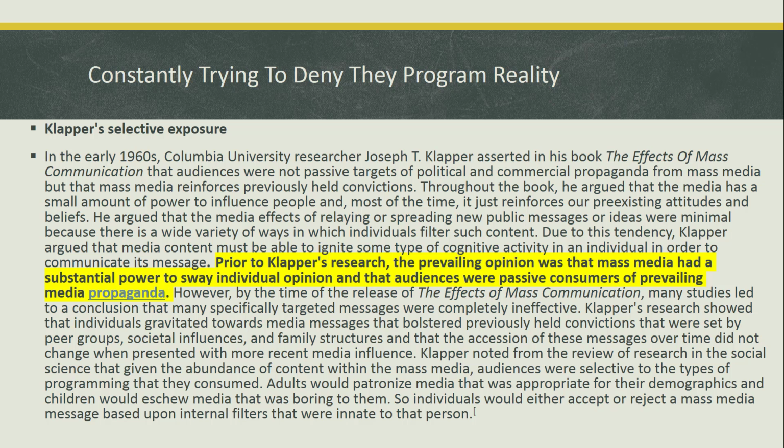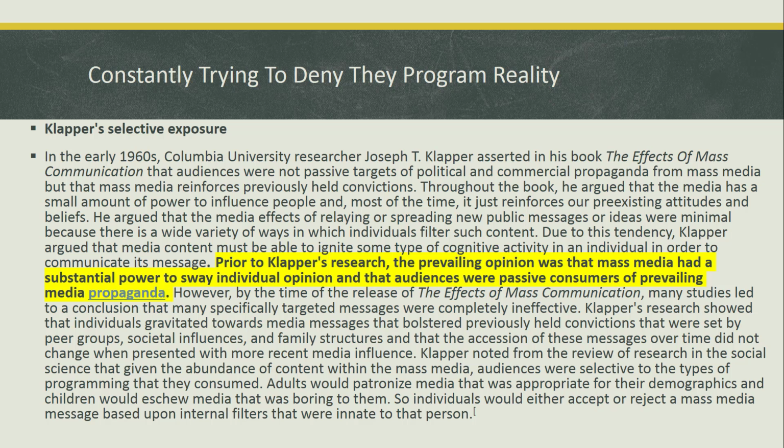However, by the time of the release of The Effects of Mass Communication, many studies led to a conclusion that many specifically targeted messages were completely ineffective. Clapper's research showed that individuals gravitated towards media messages that bolstered previously held convictions that were set by peer groups,